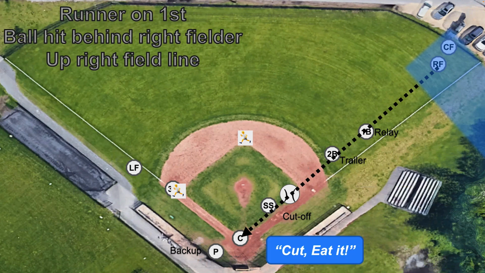Cut it, eat it. There's no play. Just catch it. Don't do a thing. Don't say anything if you want that ball to come through because there is a play. Okay,